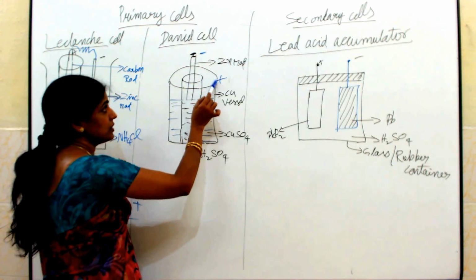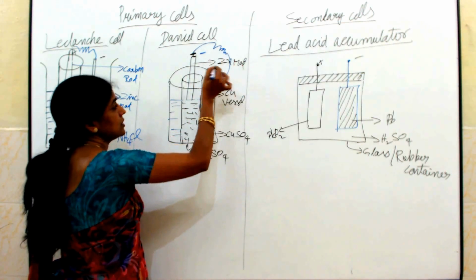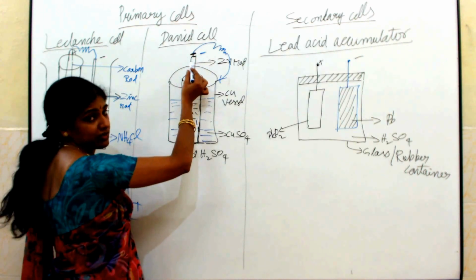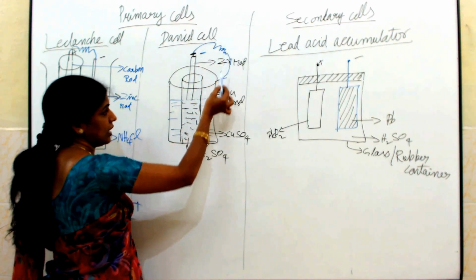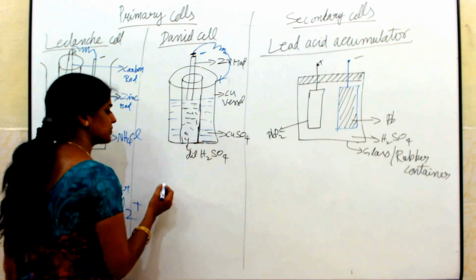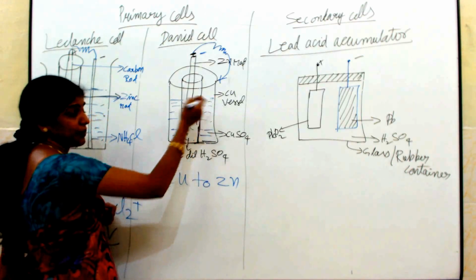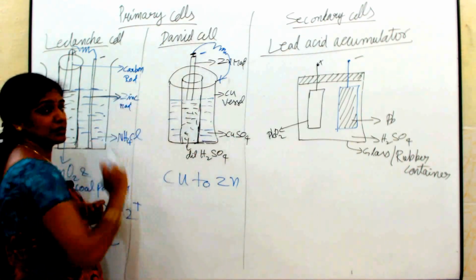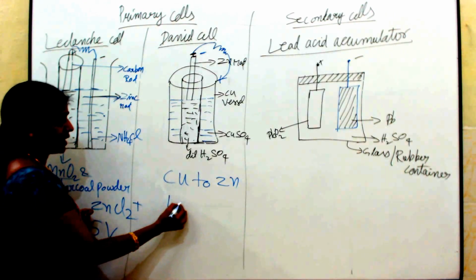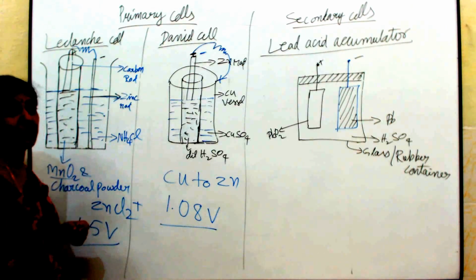cathode. And when these two are connected externally to a wire like this, the 2 electrons which are present on the zinc rod pass externally and they will neutralize the copper ions, the Cu++ ions. Thus, the current flows from copper to zinc. Here copper is at higher potential, that is why current is flowing from copper to zinc. In this Daniell cell, we can draw a potential of about 1.08 volts. This is the potential developed in your Daniell cell.